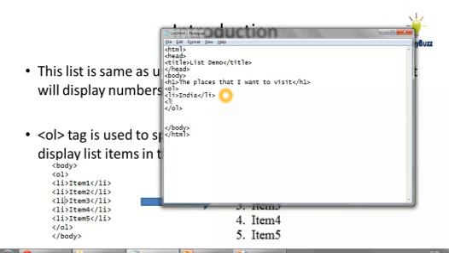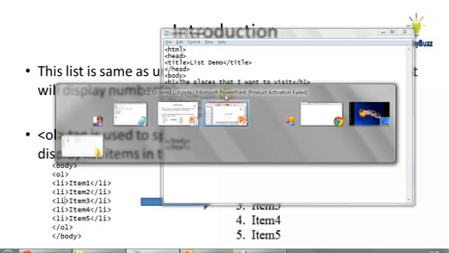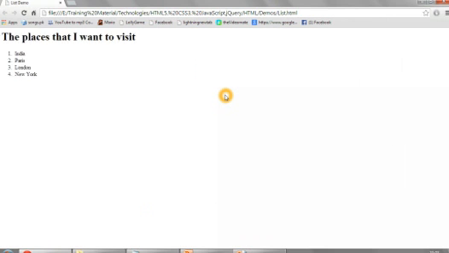After that Paris, after that London, and after that New York. So I have created a list, and I'll just show you how it will be displayed.